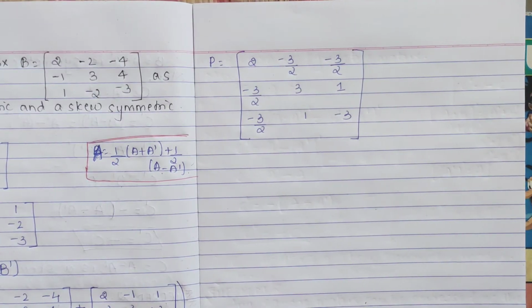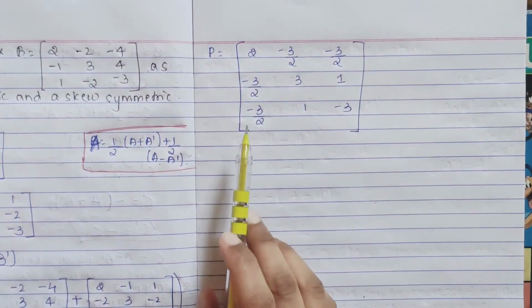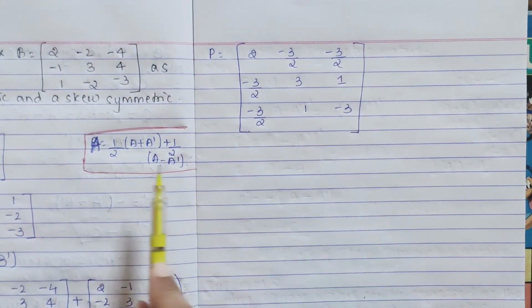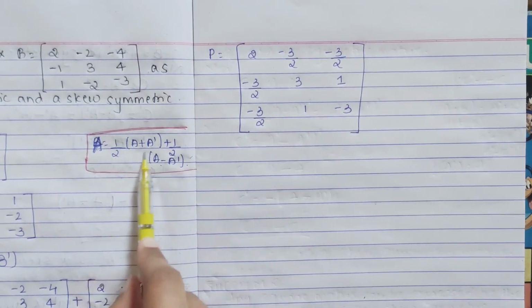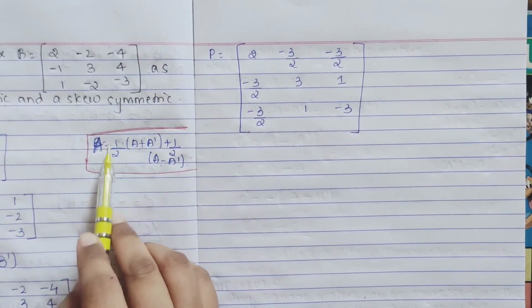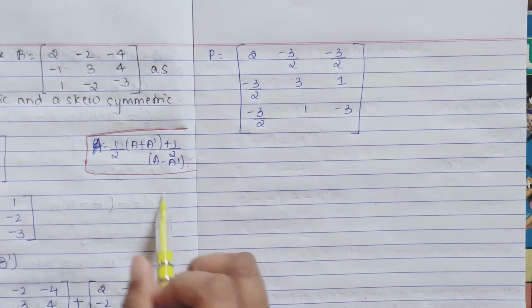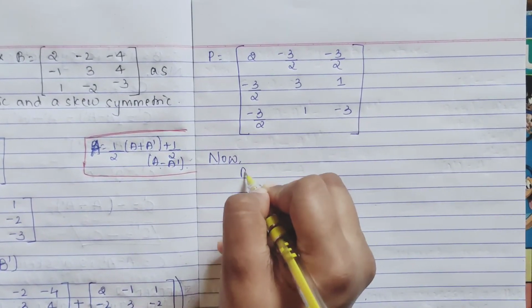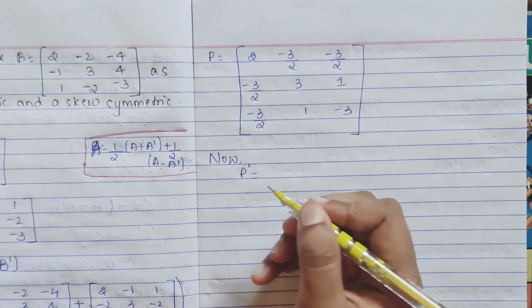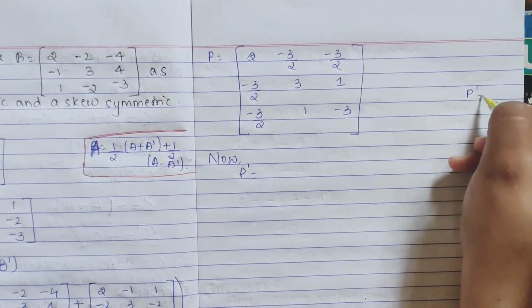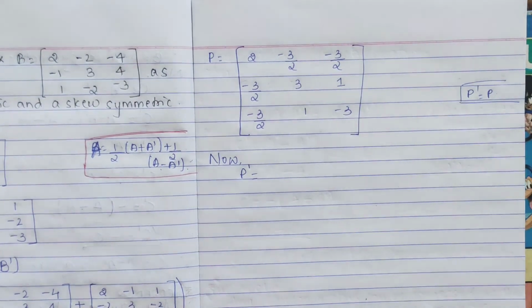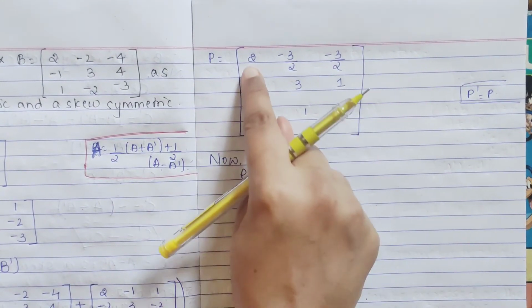So finally you have got P, and what you have to do is show this as a symmetric matrix, right? This we have taken as P, you have found it out. This whole you have to show as a symmetric matrix. So you have to find now P transpose. For symmetric, what? P transpose should be equal to P. This is your symmetric, right? So P transpose, row becomes your column. So how will you write?